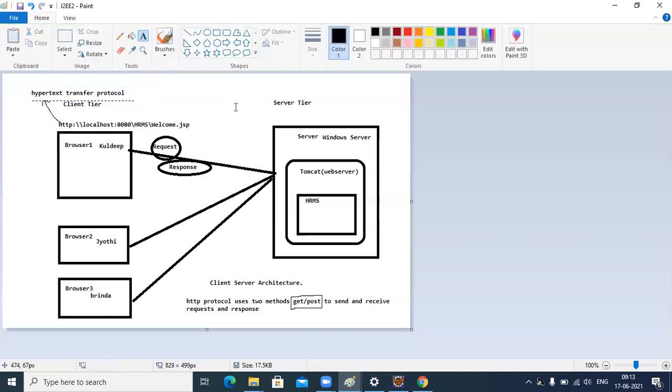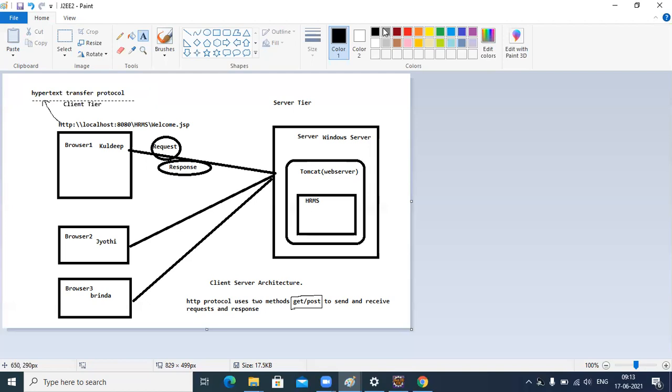So here we are using HTTP protocol in order to send a request and receive the response. The request is in terms of HTTP protocol and the response is in terms of HTML, text or HTML. Since the request is using a browser, the response will be in terms of HTML. So this is, concept-wise, client-server communication using Java technology, that is servlet or JSP technology or J2EE technology.